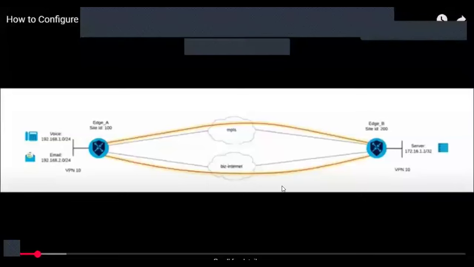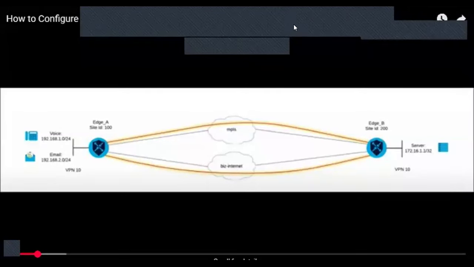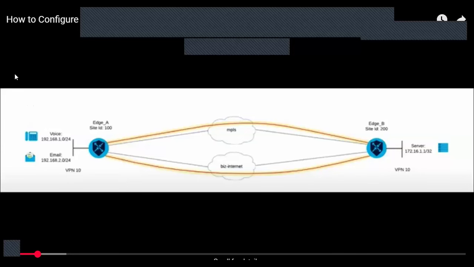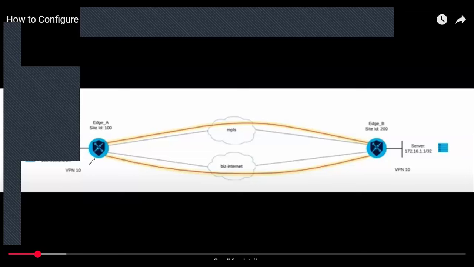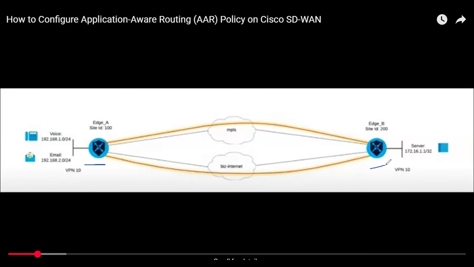Okay. So you can see that this is the topology where there is one site available here, right? There is another site available here. Both the sites are connected with MPLS as well as with the internet, right? Both the sites have 2 physical pipes, and each pipe will have one IPsec connection for the data plane, and 3 connections towards the controllers, wherever the controllers are hosted.